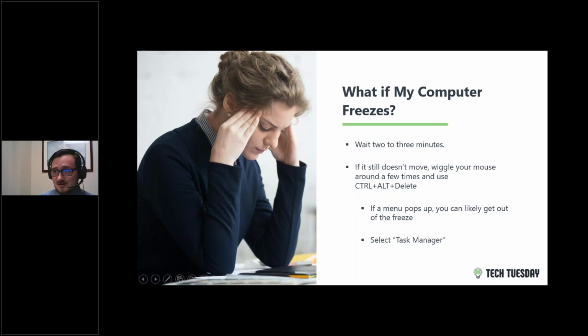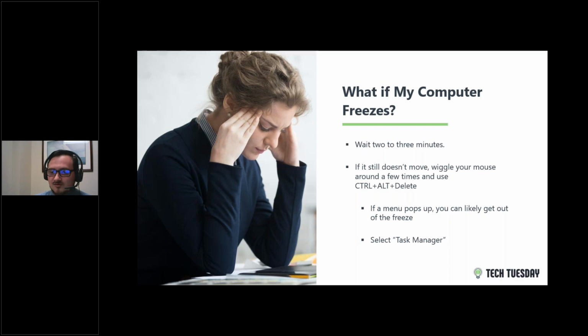So one of the other common issues is what happens if a computer freezes. This is one that really frustrates people because a lot of times they don't know what to do and they don't know how to get out of things. My first thing that I'd say is if your computer's just jittery, it might be thinking really hard about something. Wait 2 to 3 minutes. If nothing happens, then wiggle your mouse back and forth a few times.